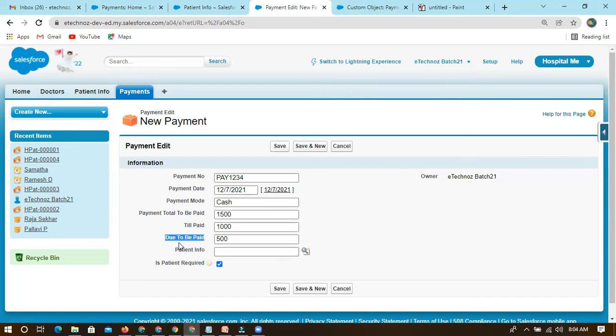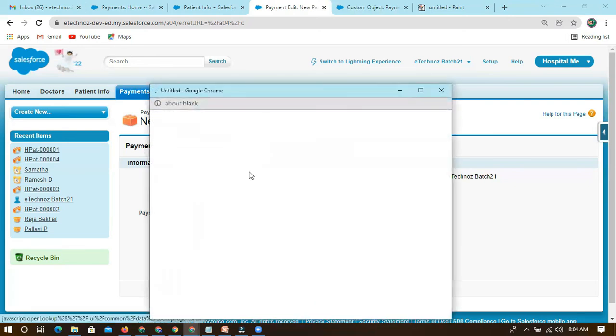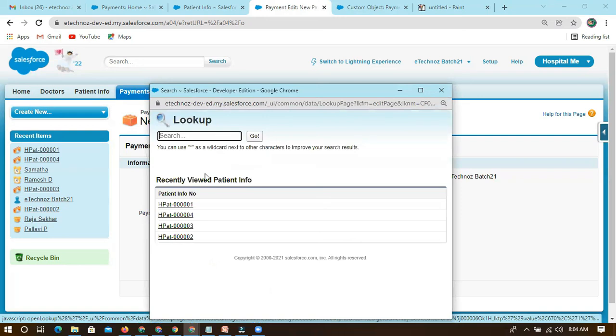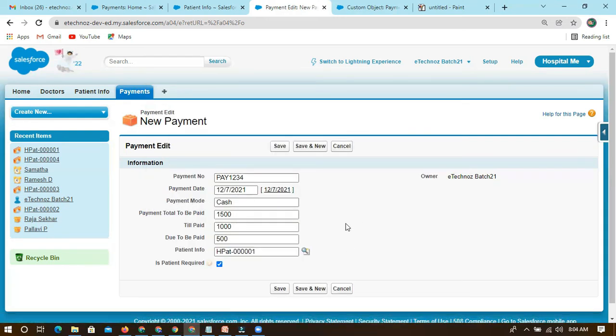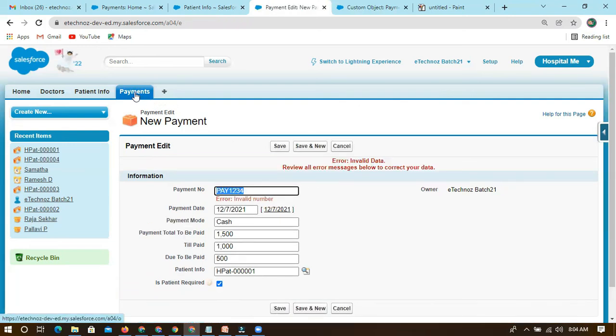So instead of creating it again, and again in patient info, I'll just give some patient. Let me go with the first patient only. I selected this patient, and for this payment, each patient is required. I have just mentioned this payment, right? So now it is required by default. You can see this text also, I've given help text, so it will be easier to understand what this field will do. I'm just saving it.